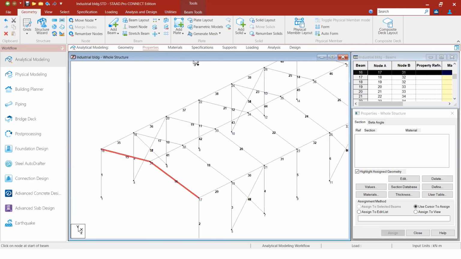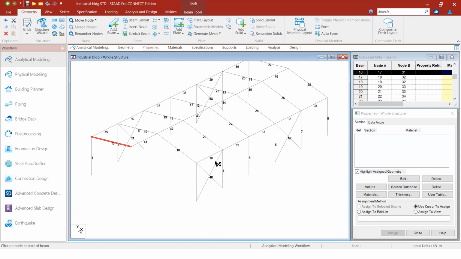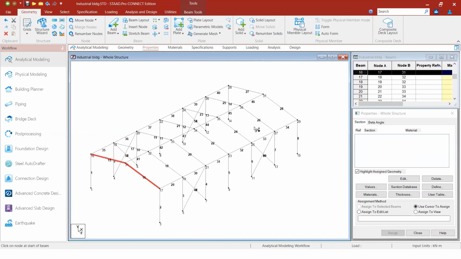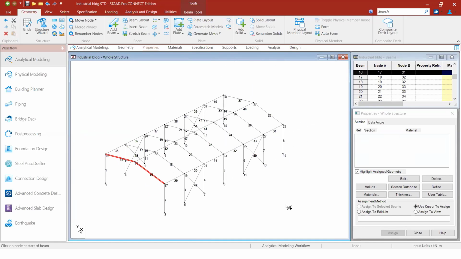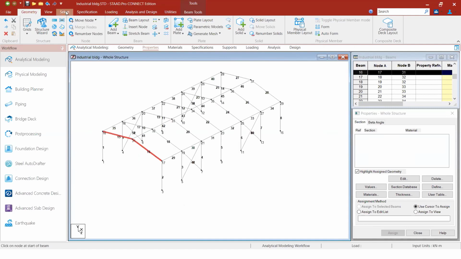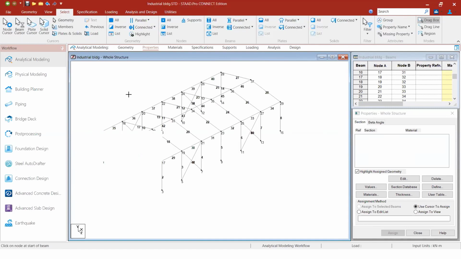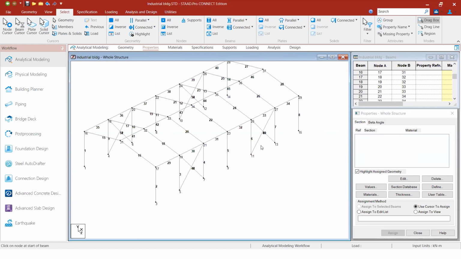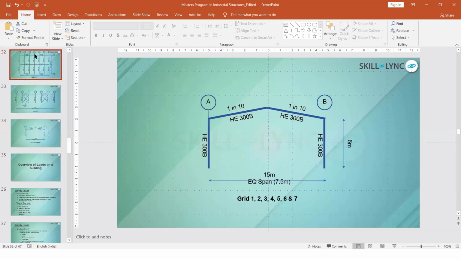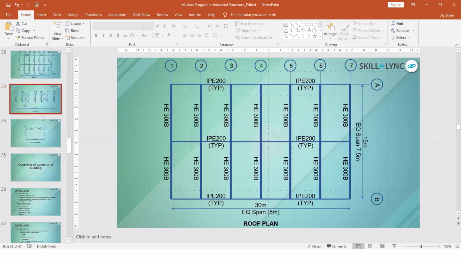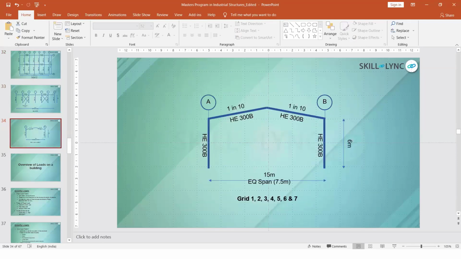Okay. So now the model is almost done. So now this is what the geometry is. Next, we will be going on with the properties and how we have to provide the supports. Okay, so I think now it is clear on the properties. So if you have any queries on the properties type, you can just ask me.